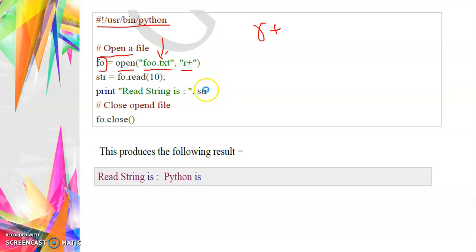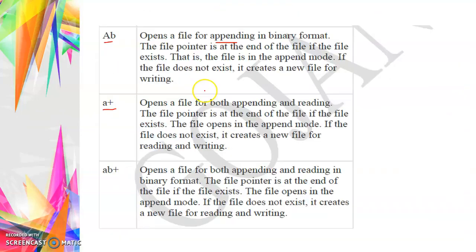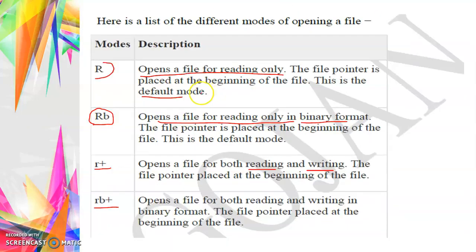So what does r plus mean? See the accessing mode table, r plus: opens a file for both reading and writing. So with the accessing mode r plus we can perform read operations and also write operations.